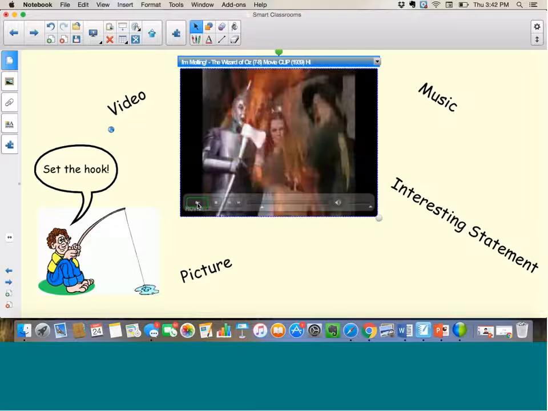Now this is probably a video clip I might use for solids, liquids, and gases. It's a great little introduction and most of the students are familiar with the video. So I might use this to introduce my lesson, but how did I get it on my page? Well, this is what's called a flash file, and I probably would not recommend using flash files in the future because Smart Notebook is no longer going to support flash files. But what I did was I actually went to